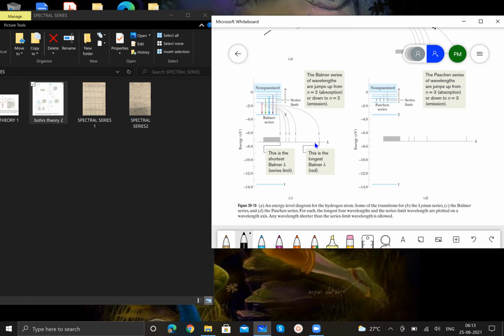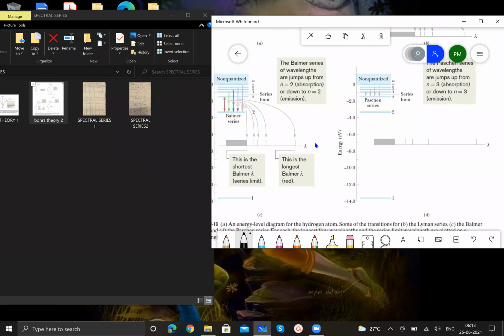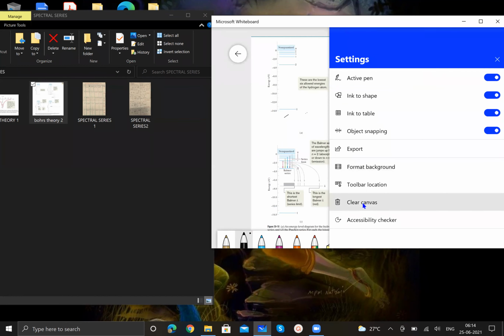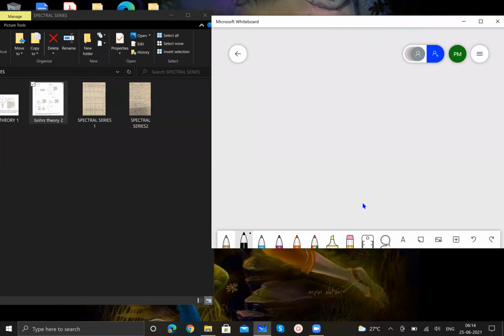And this is how the Paschen series is shown. Similarly, Brackett and Pfund series. So it's a beautiful pictorial presentation of the various regions of the hydrogen spectrum. Among Lyman, Balmer, Paschen, Brackett and Pfund, only the Balmer series will be in the visible region. Of the rest, Lyman will be in the invisible UV region, Paschen in the near infrared, Brackett in the middle infrared, and Pfund series in the far infrared.